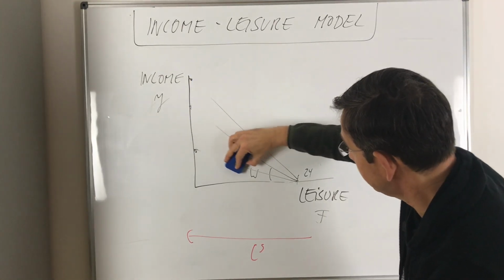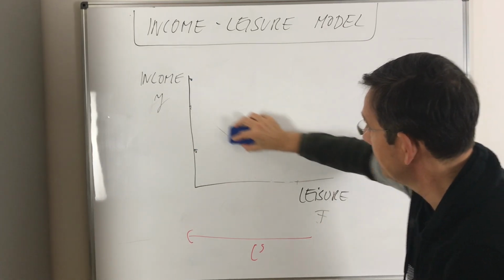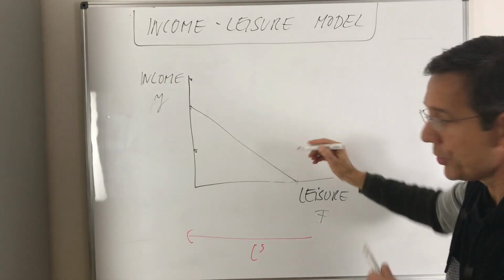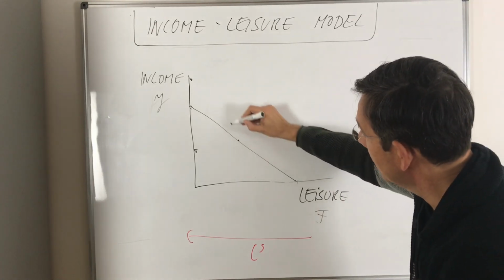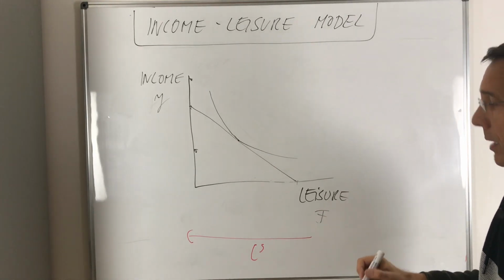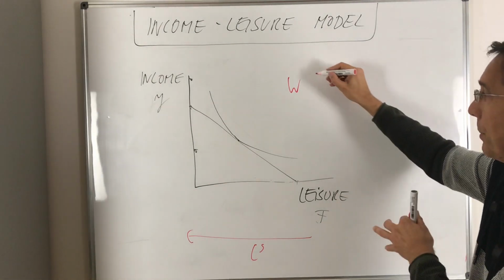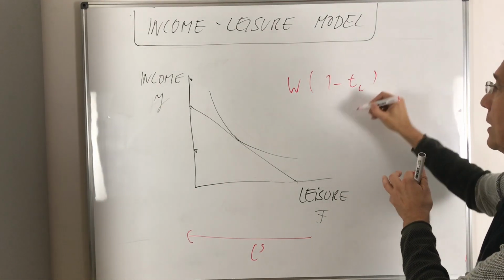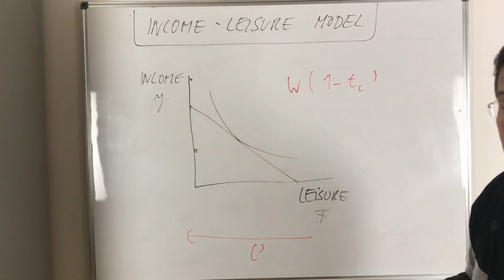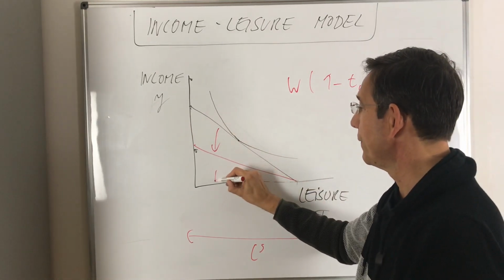And then we know that the optimal household solution is that given a budget line with a certain wage, there is an optimal combination of leisure and labor leading to a certain income. And now if you change the wage because you introduce a tax on labor, then the slope of the budget line